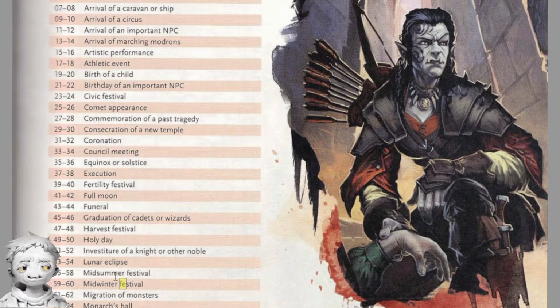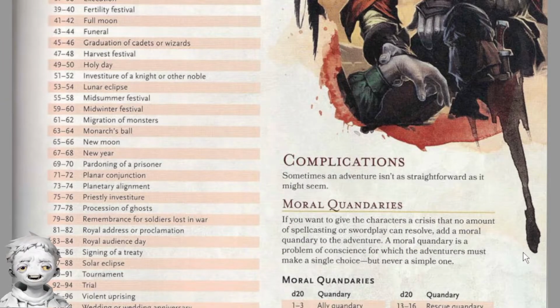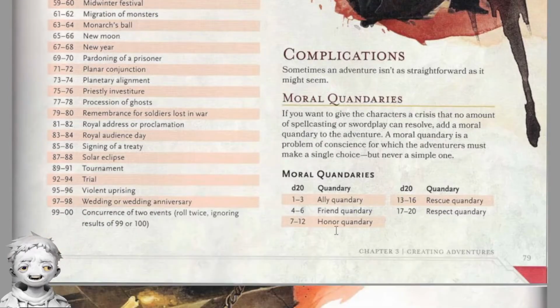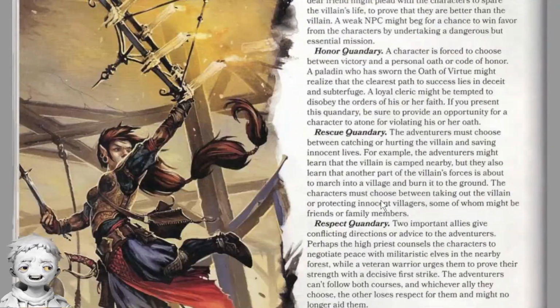Yeah. Anyway, complications. Sometimes an adventure isn't as straightforward as it might seem. If you want to give the characters a crisis that no amount of spellcasting or swordplay can resolve, add a moral quandary to the adventure. A moral quandary is a problem of conscience for which the adventurers must make a single choice, but never a simple one. We can, I guess, decide on a moral quandary by rolling a d20. That's not how I would do it, but